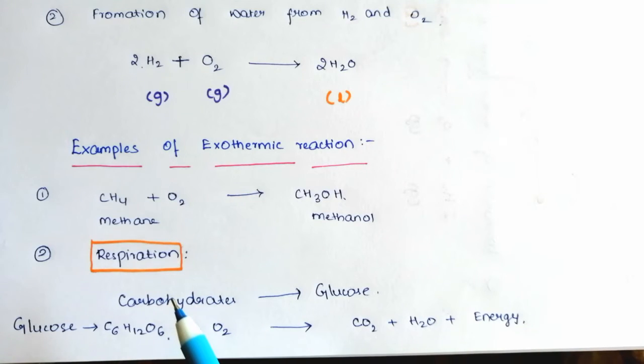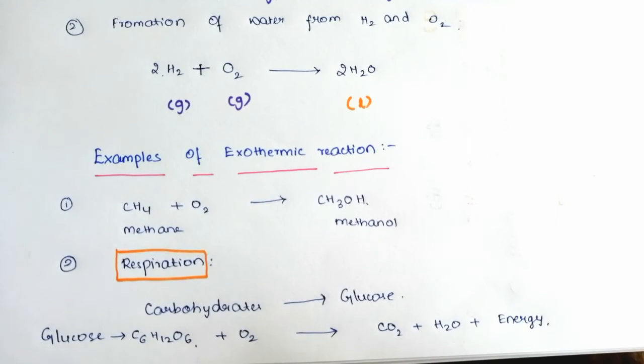Similarly, consider the process happening in our body. We eat food daily, and the energy we use to do work comes from the food we eat. The food in the form of carbohydrate gets broken down into glucose, that is, simpler molecules. After digestion, this glucose reacts with the oxygen present in the cells of our body to form carbon dioxide and water with the release of energy. We use that energy to do work.